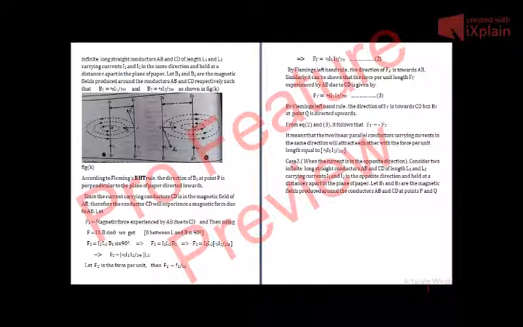Now the second case, when the current is in the opposite direction, if the current through the two wires is in the opposite direction. Again, we consider two wires AB and CD, where L1 is the length of AB and L2 is the length of CD. Similarly, if I1 is the current through AB and I2 is the current through CD, and B1 is the magnitude of magnetic field produced by AB and B2 is the magnitude of the magnetic field produced by CD, then we can show that